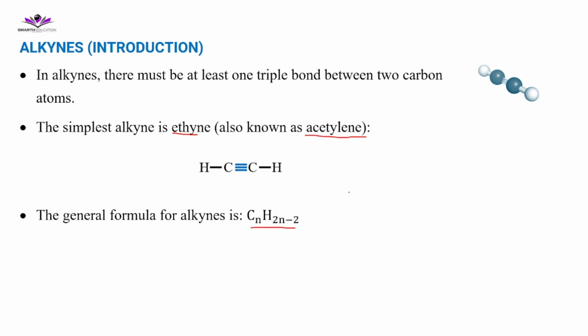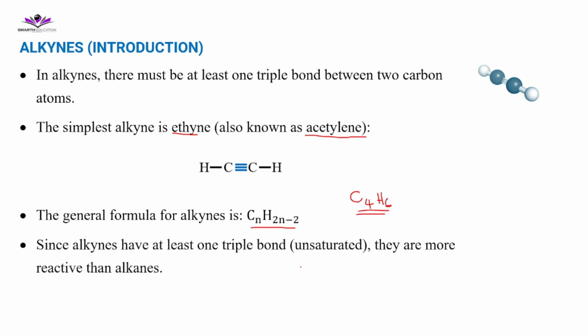CnH2n-2. Let's say we have 4 carbon atoms. It's going to be C4. And then how many hydrogens? We're going to say 2 times 4, which is 8, and then minus 2, which is 6, something like that. Okay. And then since alkynes have at least one triple bond, meaning that they are unsaturated, they are more